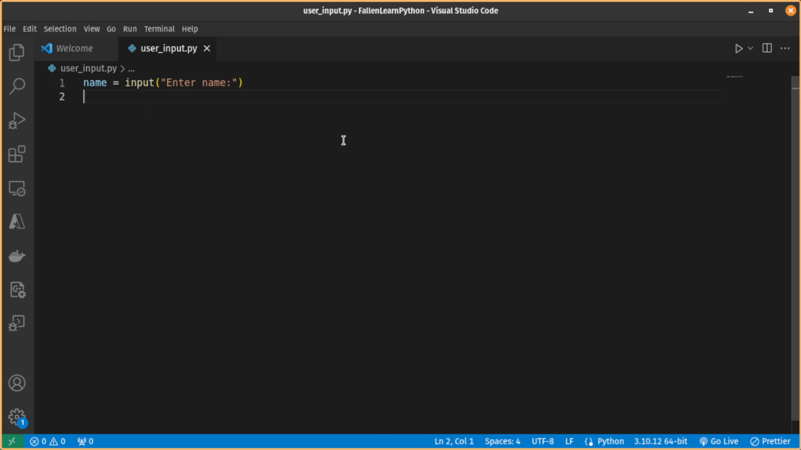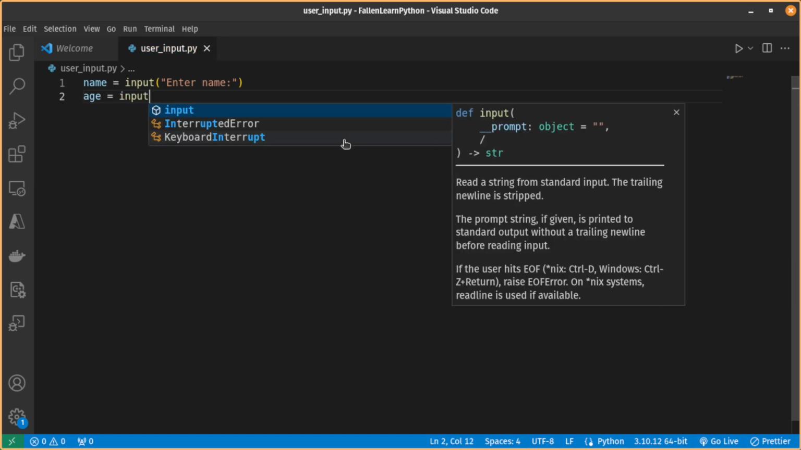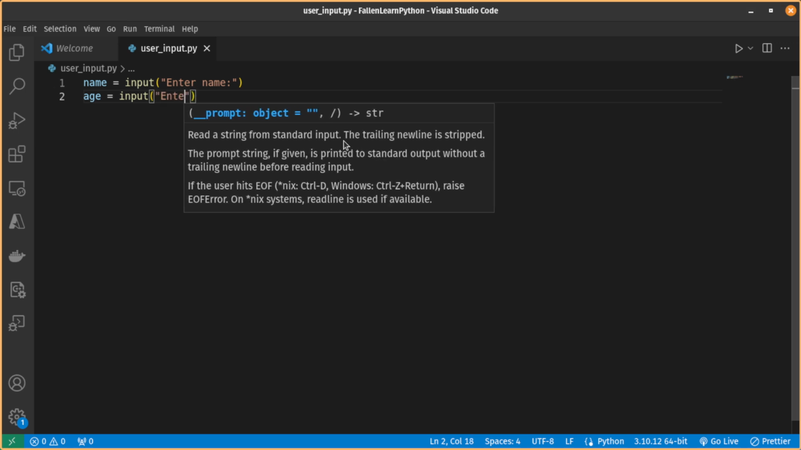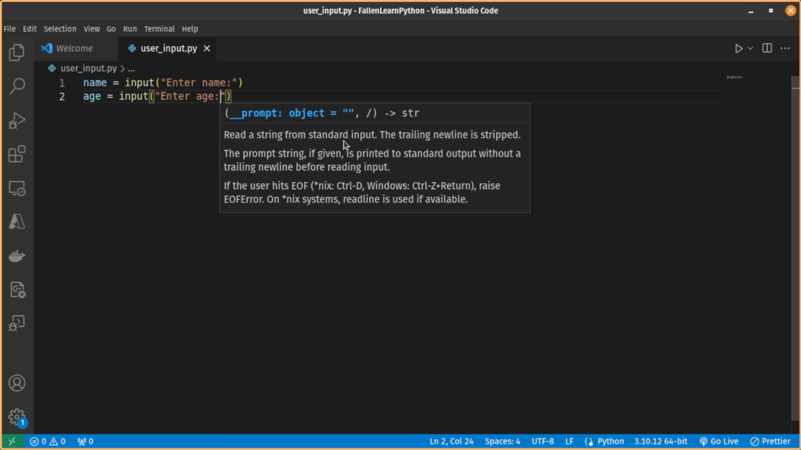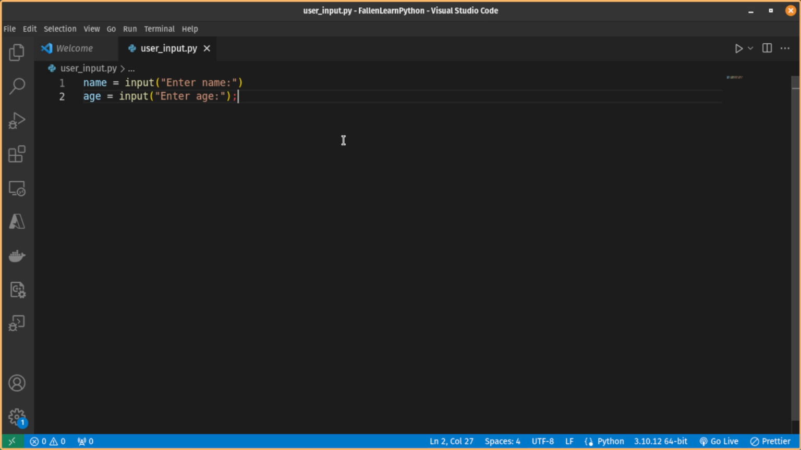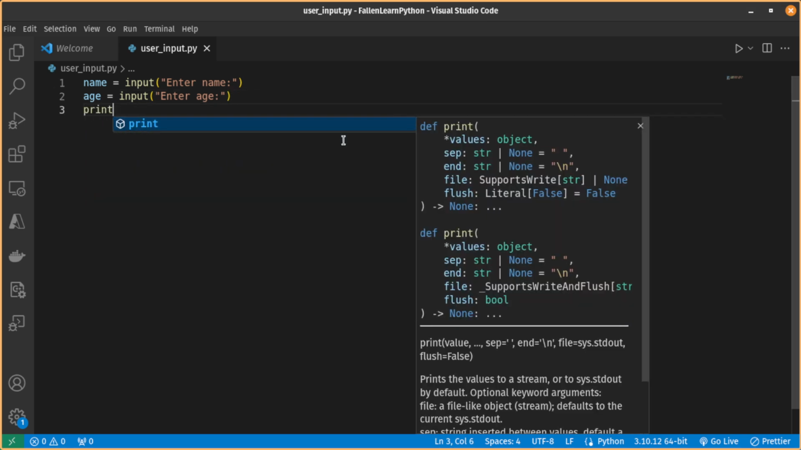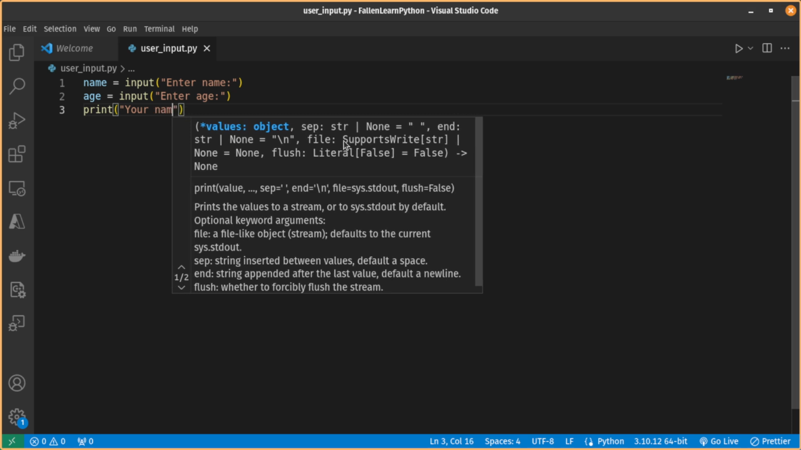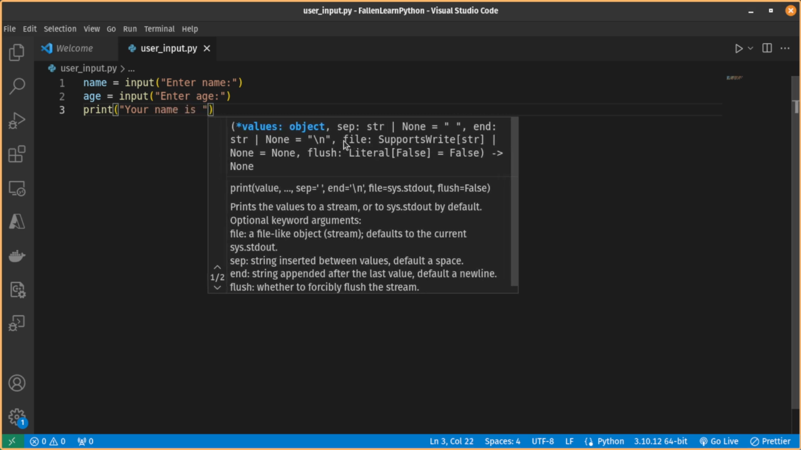But what if you wanted to collect the age, or rather a number, from a user? A number from the user is collected differently. Let's say, for example, we wanted to collect the name and the age from the user. So let's say age equals input, and as you guessed, we let the user know what we expect from them. I'm just going to say enter age. And then from the next line I can go ahead and print your name is, and then say name,